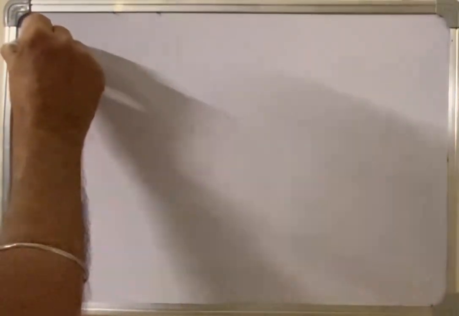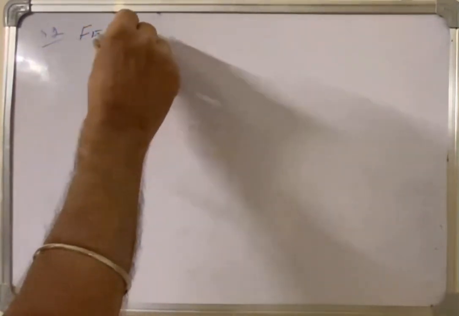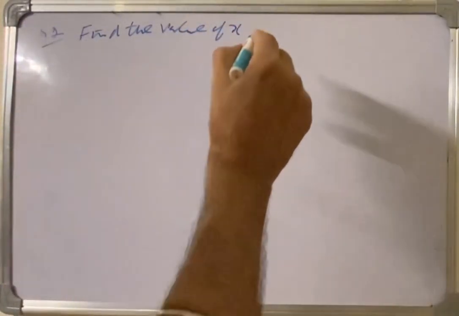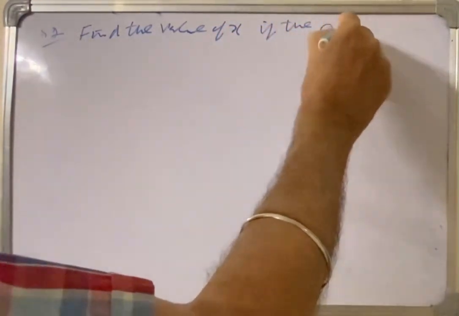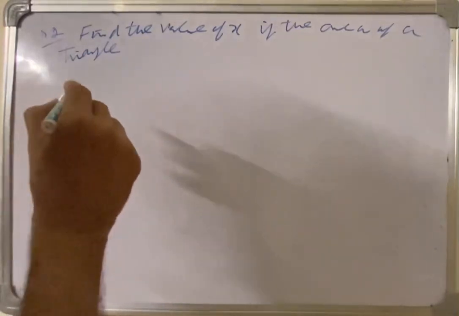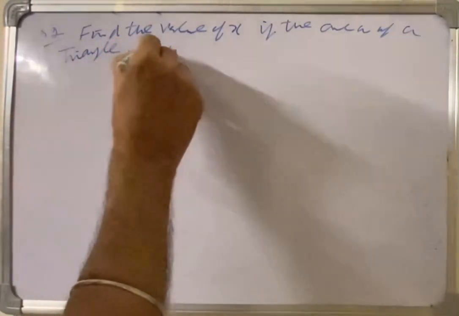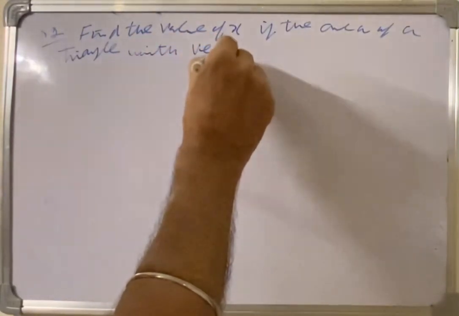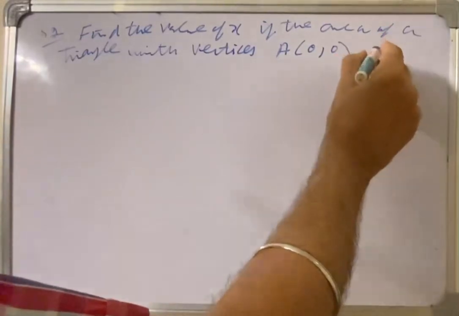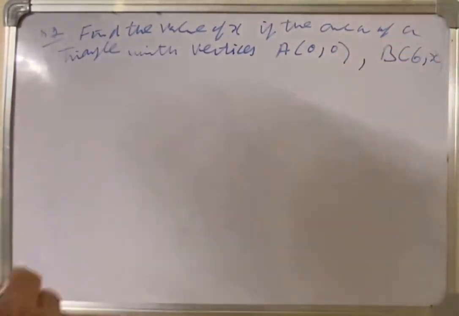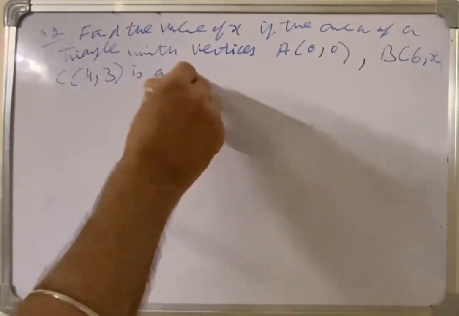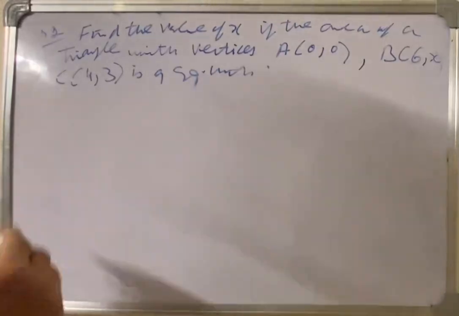Question second. Find the value of x if the area of a triangle with vertices A(0, 0), B(6, x), C(4, 3) is 9 square units. Solution: